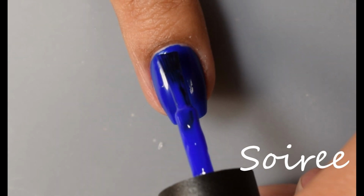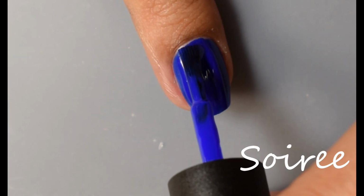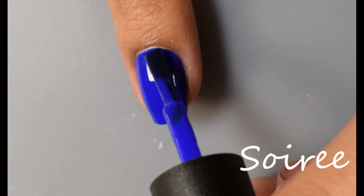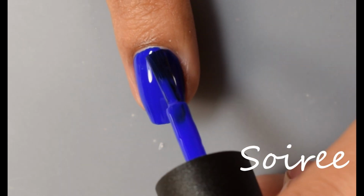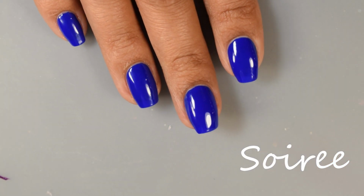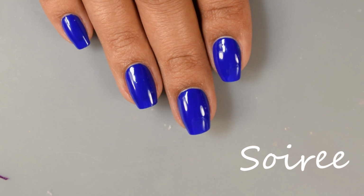I do feel like it has almost a feel of a crelly-like way on the brush strokes. It does have just a pinch of a squish to it on the application. So personally, if you do wear it alone, I would recommend going in with 2 coats for it, and you'll have beautiful coverage. As you can see on that second coat, it's got very strong self-leveling properties to it. On the full hand shot, I am not wearing a top coat with it,